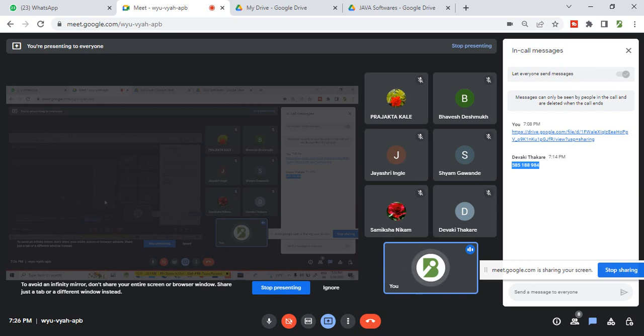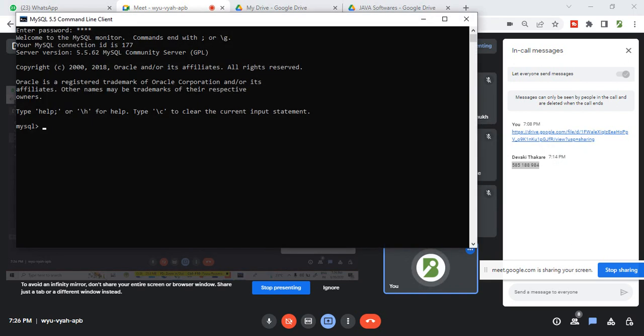Okay, as I told you yesterday, we can't talk with database directly. We can't work out with the database directly with any other programming language. So we can work out with the database with only SQL programming language. It stands for structure programming language. So let me tell you how we can create a database first.